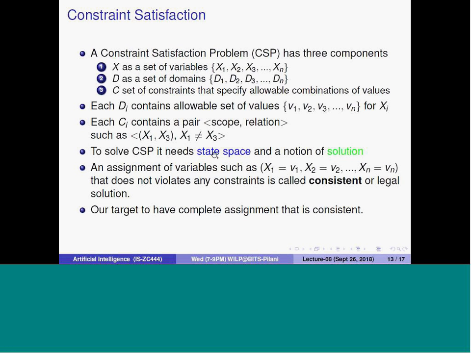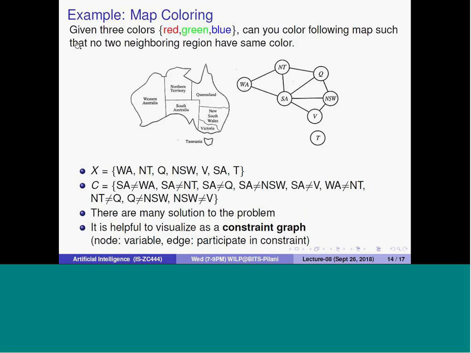You want to find out what the state space is and find the consistent solutions. But this consistent solution must be a complete assignment for all the variables. You want to find a solution. For example,